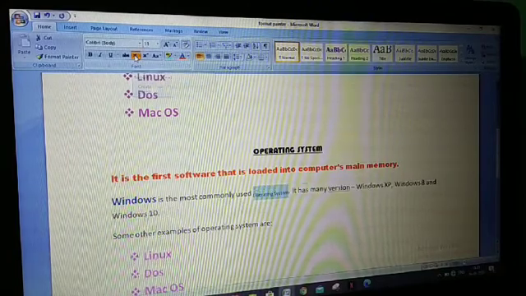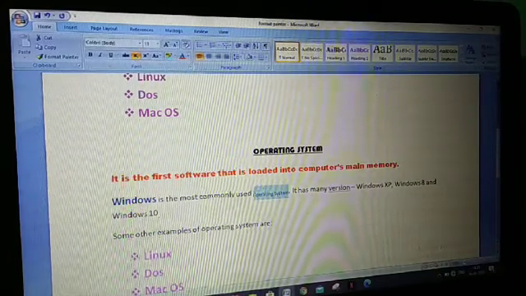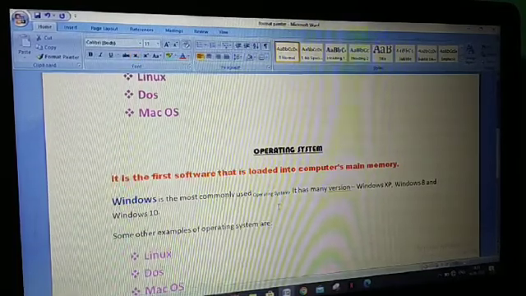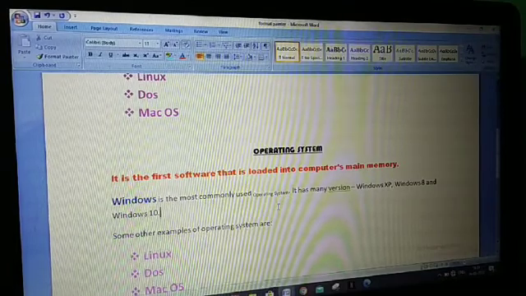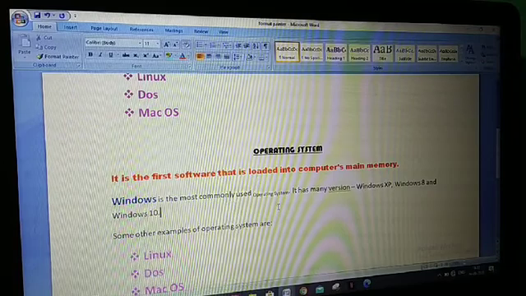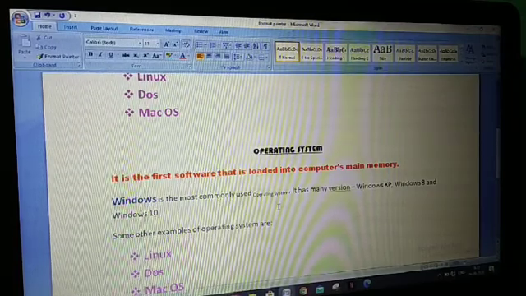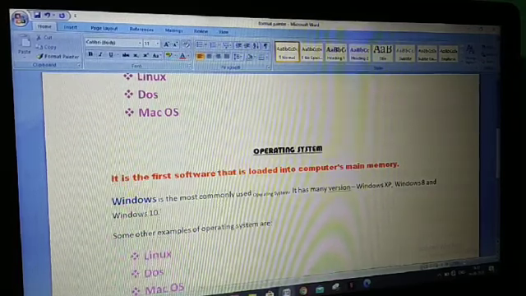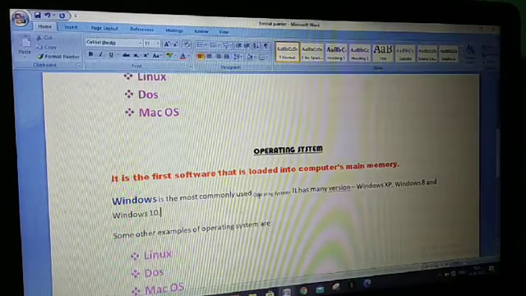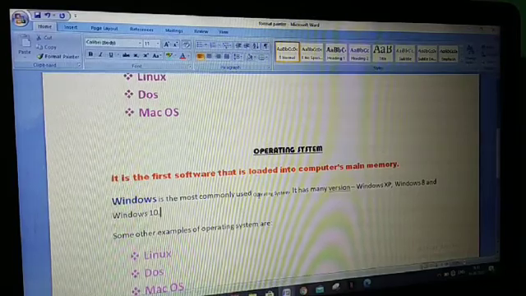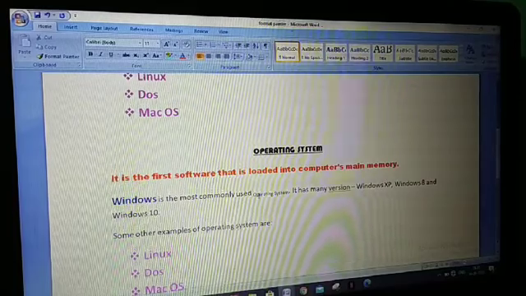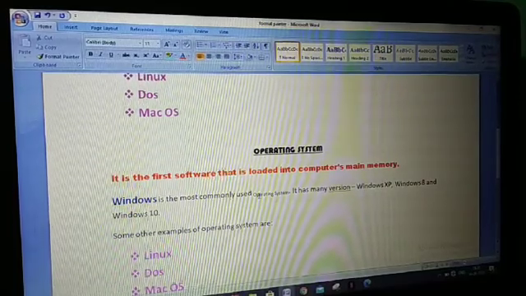When I click this one, you can see the difference has appeared. What is the difference? The text has become smaller than the other, and it has gone below the baseline. Understood?